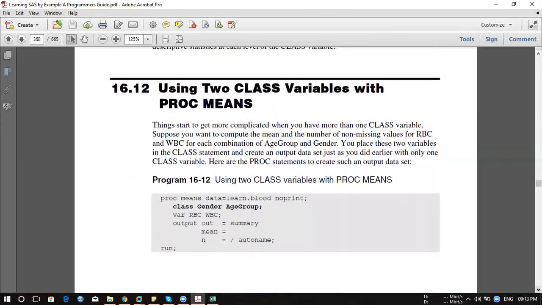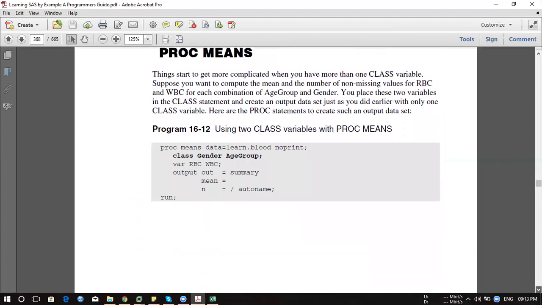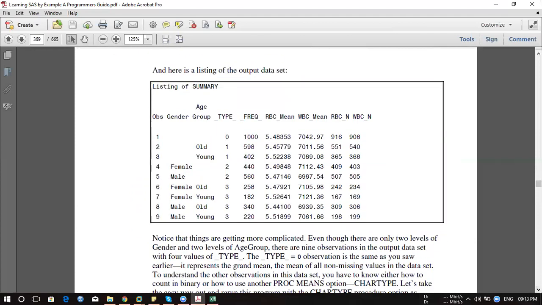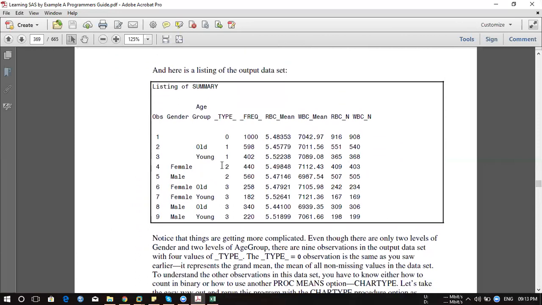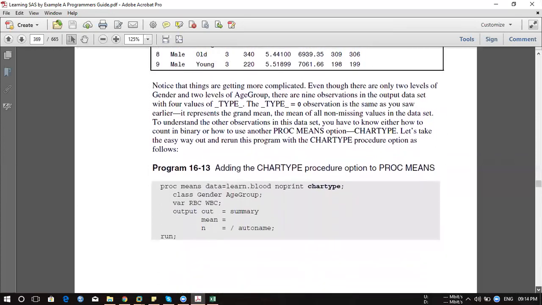And this is the same, we are using it for age groups, auto names, by class. Now there's one more condition over here. Now when you say using a class, you're using output and mean and miss, all those things. This is a normal query. Now below, if you look, so you have, if you're using two variables, within these two variables, you're trying to get the frequency, correct? And trying to get the mean of all. Now, this is giving you, if you say 0, it means mean of all, correct? Now if you go and look at, there is a chart over there.